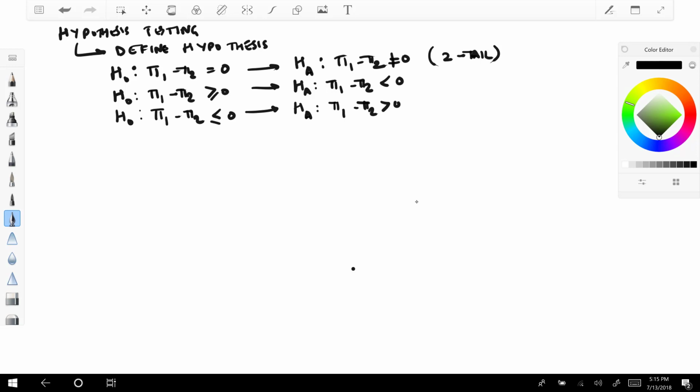So these two are one-tailed tests because we can test them only on one side of the